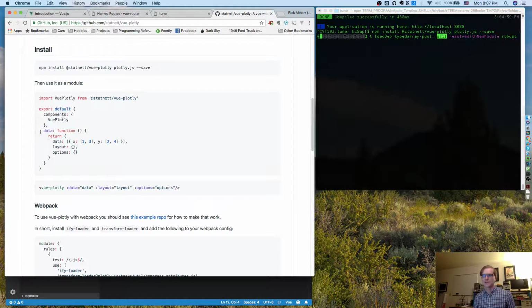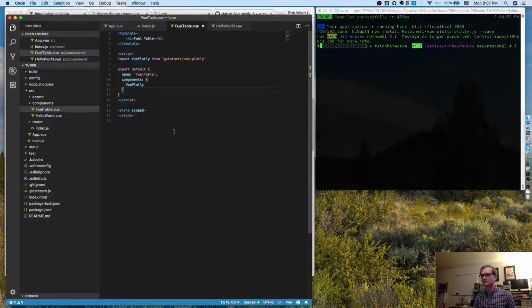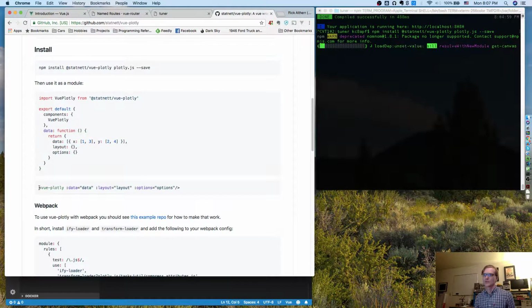And now I do need some data. In this case, I'm just going to grab their example data. And then they're going to create a new tag by importing this and having that component. So I get a Vue Plotly, and I'm going to create a binding from its data to this data object. And,